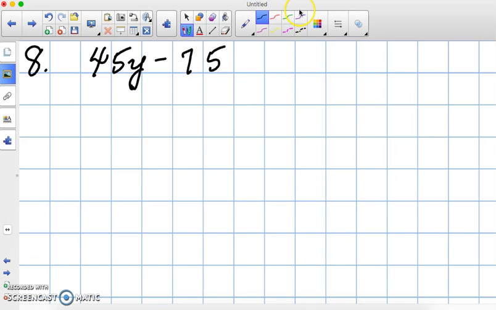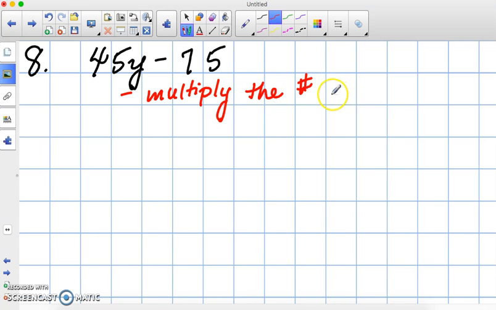So go ahead and pause the recording, figure out what it means, write down your interpretation, and then you can check with me afterwards. I'm going to continue here. So the way you would interpret that is multiply the number y stands for by 45